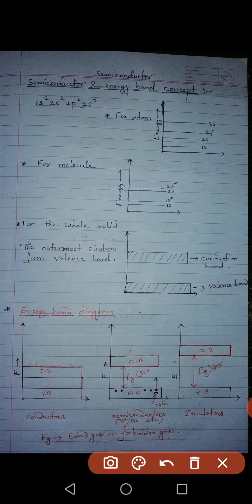In the valence band. But in a semiconductor the difference in energy between the conduction band and valence band is less than 3 electron volt, which can be achieved by applying some temperature or some other form of energy. That means if you apply some energy, the electrons from the valence band can easily move to the conduction band, because the energy gap between the valence band and conduction band, which is called the forbidden gap or band gap, this Eg, is less than 3 electron volt. If you increase the temperature, then what happens is,